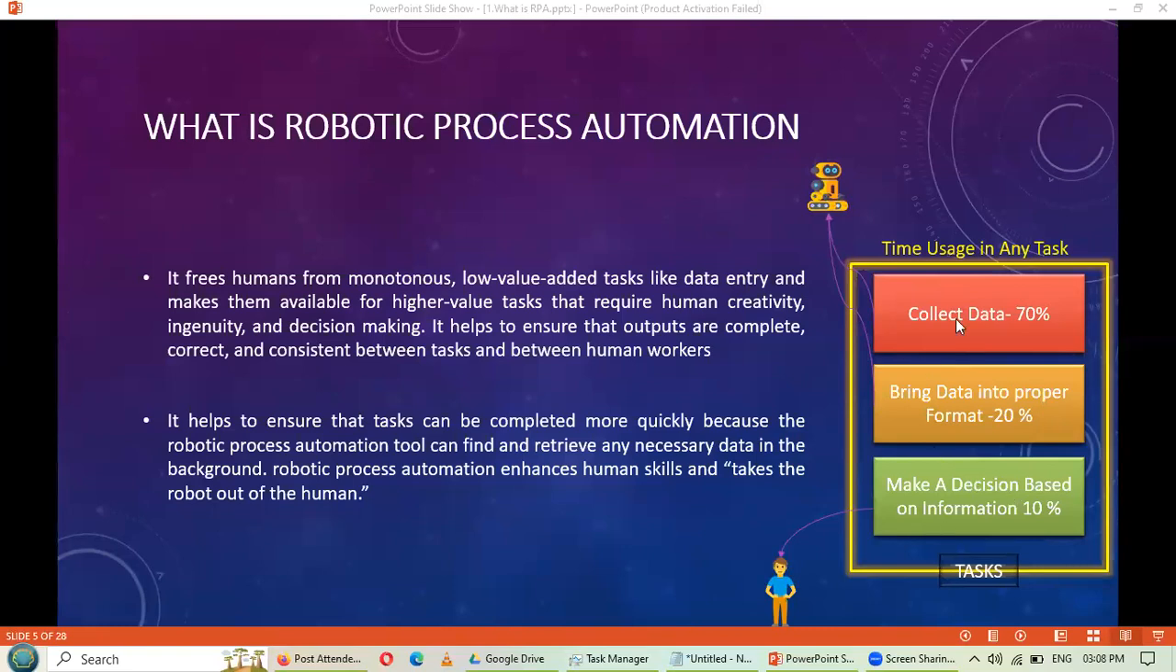Now collecting data for any task takes 70% of time and bringing it into format takes 20% of time. And decision making takes only 10% of time. So what organizations are trying to do now is automate these two parts of the process. So